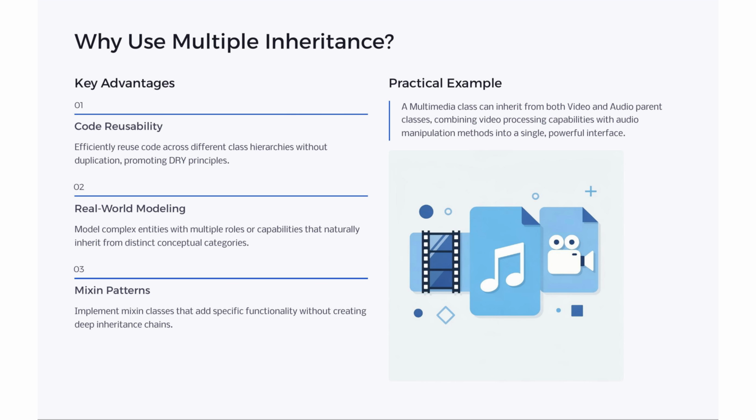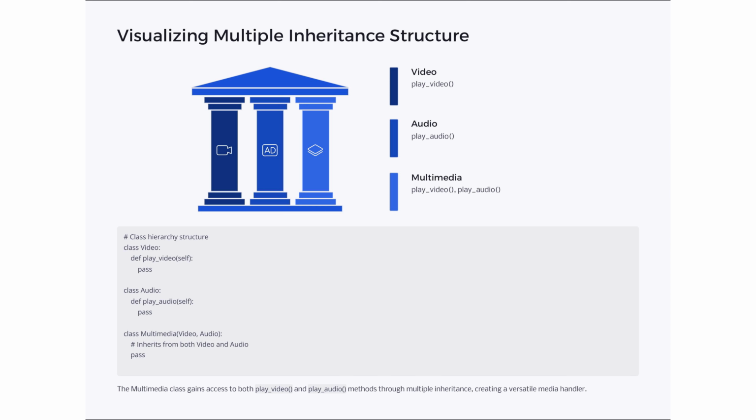For instance, a multimedia class inherits from video and audio, merging video and audio capabilities into a unified interface. The multimedia class inherits from both video and audio, allowing it to utilize play video and play audio methods. This structure exemplifies multiple inheritance, enabling the multimedia class to function as a comprehensive media handler, seamlessly integrating video and